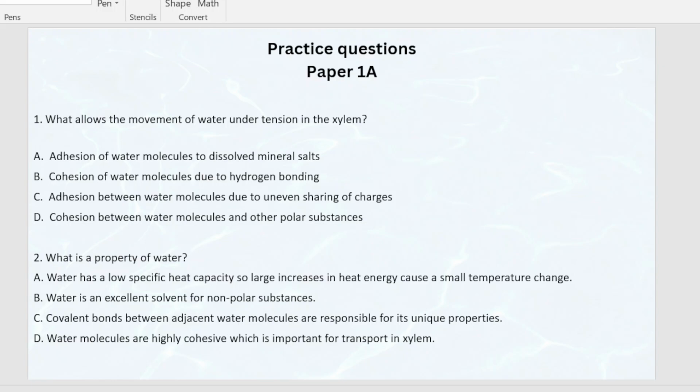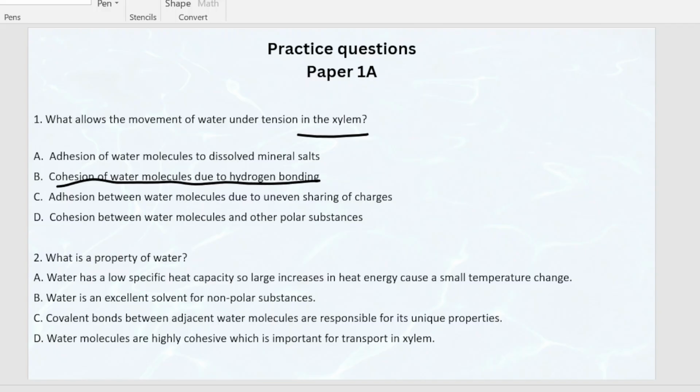So some practice paper questions on water. Let's look at this together. What allows the movement of water under tension in the xylem? Adhesion, no, we said that is not the reason. We said there are two forces involved: water is moved using force of adhesion and cohesion. But this is under tension in the xylem, and if you remember, we talked about cohesion. So that will be B,